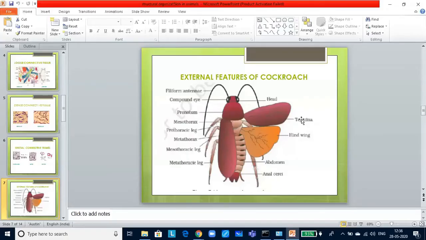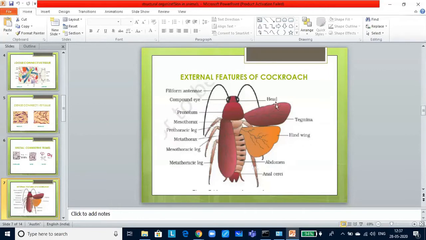Now, if we look at the morphology of a cockroach, the common species is Periplaneta americana. They are about 34 to 53 millimeters long, with wings that extend beyond the tip of the abdomen in males. Now, the body is divided into three regions: head, thorax, and abdomen. The entire body is covered by a hard chitinous exoskeleton made of sclerites. Dorsal scales are called tergites, and ventral scales are called sternites, and they are joined to each other by thin and flexible articular membrane.